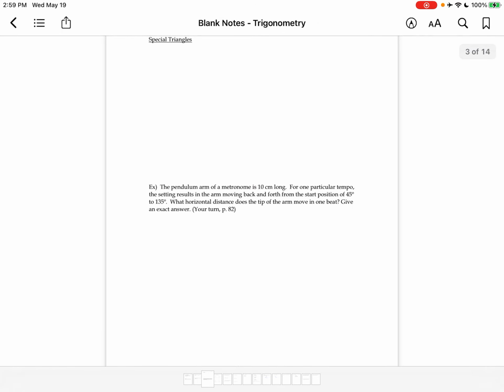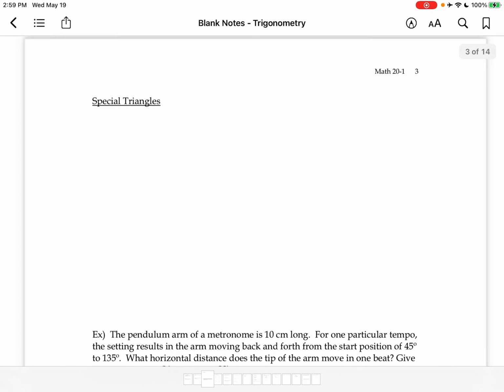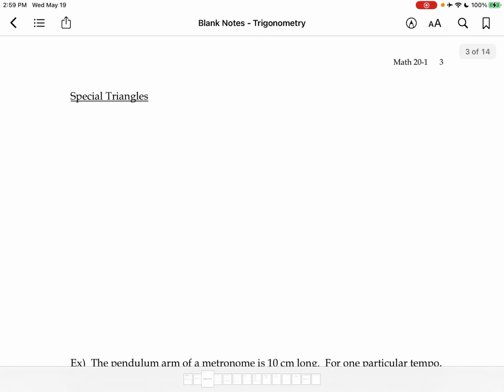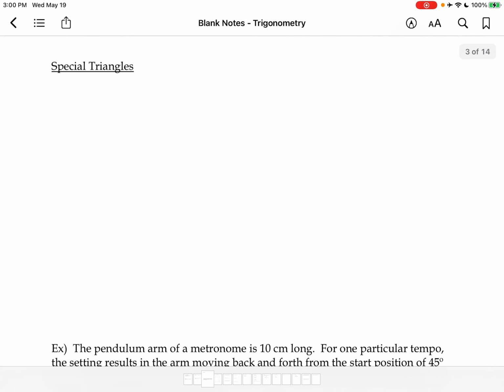And one other thing we're going to talk about today, and this is a really important thing, are special triangles. And there are 2.5 special triangles, because one of them is actually not a triangle, but it's also super, super useful. Special triangles are 3 right triangles that come up all the time, where it's really useful to just know what the side lengths are for those 3 triangles, because we see those triangles or similar triangles to those ones, triangles that are either bigger or smaller, that have equal proportions and therefore equal trig ratios to those ones,